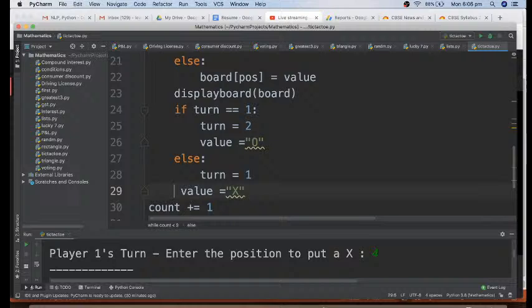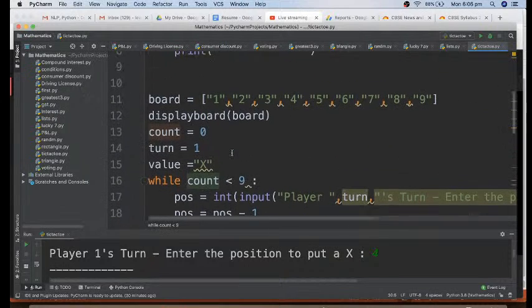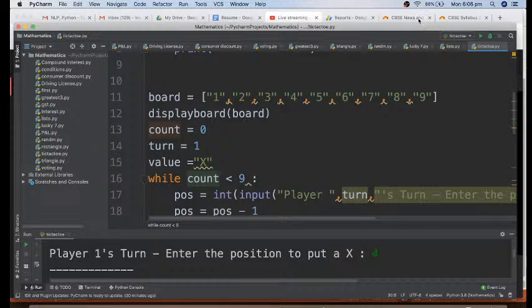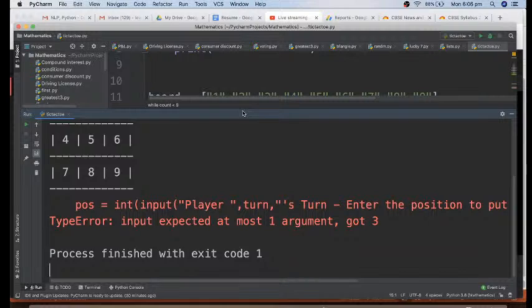This is it. The same code, but we've just put a condition that it should work while count is less than 9. Now I run this again, and we've got